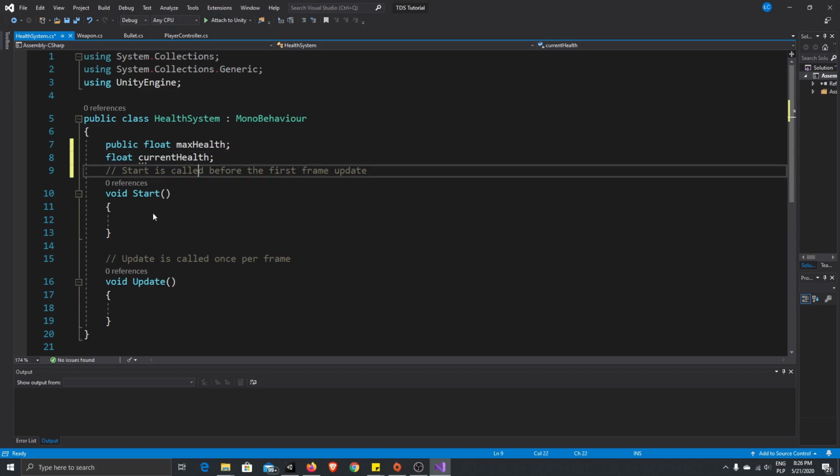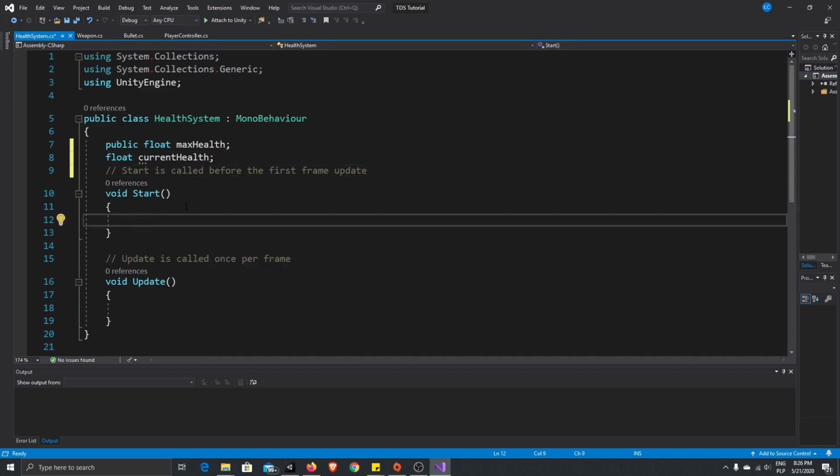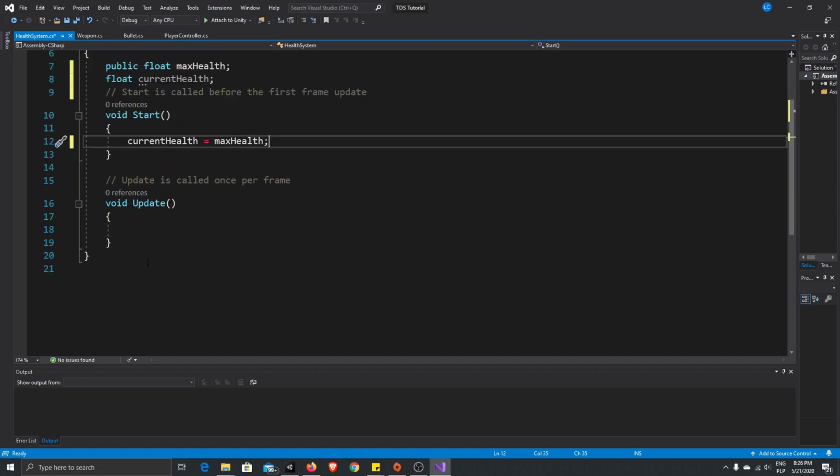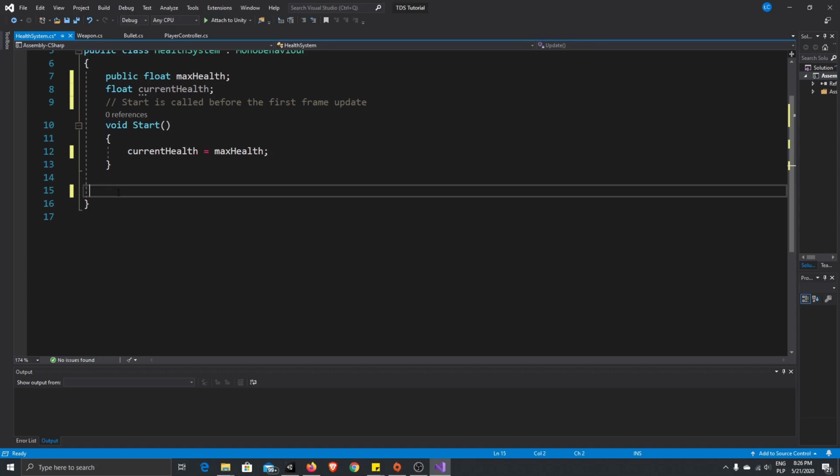Okay, when our enemy or player is created, we need to make our current health equal to our max health. And let's delete this one. Now,